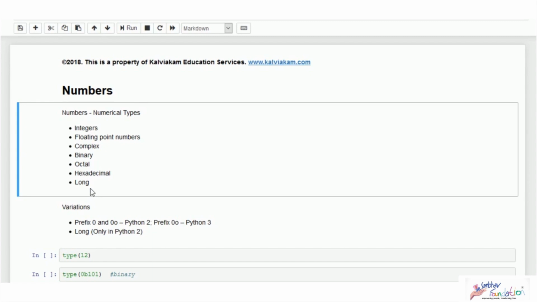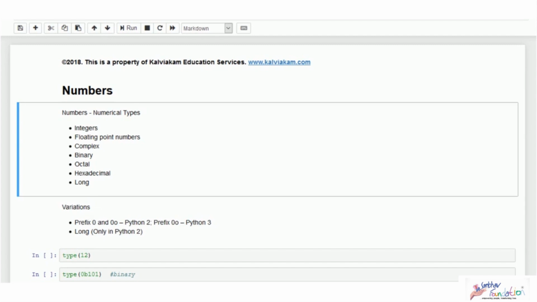We have various number systems. We can represent integers or floating point numbers easily and directly. But how do we represent these binary, octal or hexadecimal numbers in Python? The number 10 is 10 in integers, but its value is 2 in the binary system. So how do we differentiate what it means? The answer is that we add a prefix to the numbers to denote that they belong to different bases.